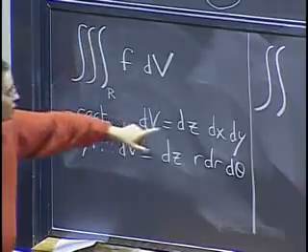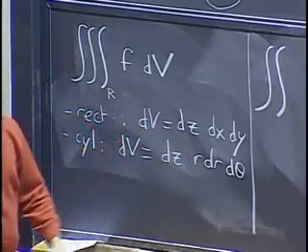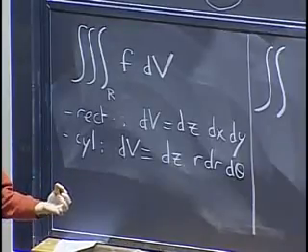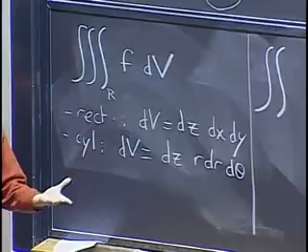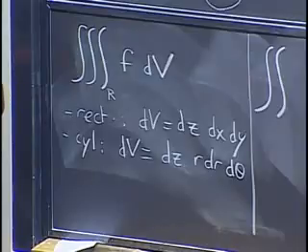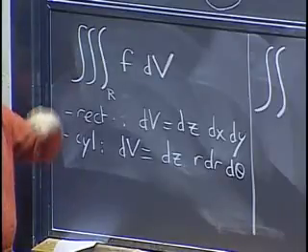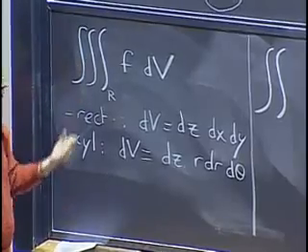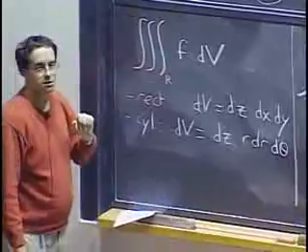So when you do it, say, with dz first, that means for fixed xy, so for a fixed point in the xy plane, you have to look at the bounds for z. So that means you have to figure out what's the bottom surface of your solid and what's the top surface of your solid. And you have to find the value of z at the bottom, the value of z at the top, as functions of x and y. And then you will put that as bounds for z.